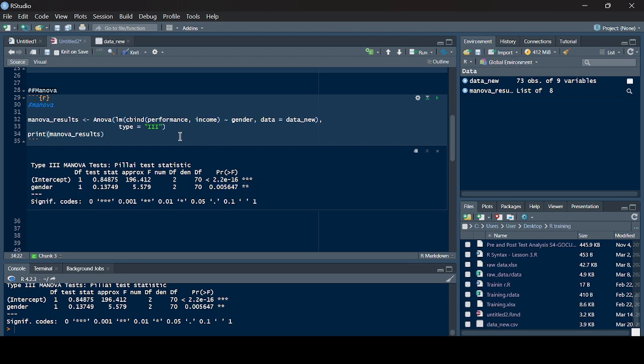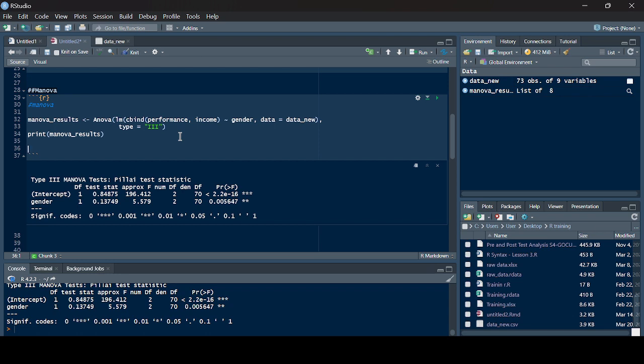To have a direction, which one among female and male is better, let's say has a higher performance according to their parents' income, we can just come here and use descriptive statistics,